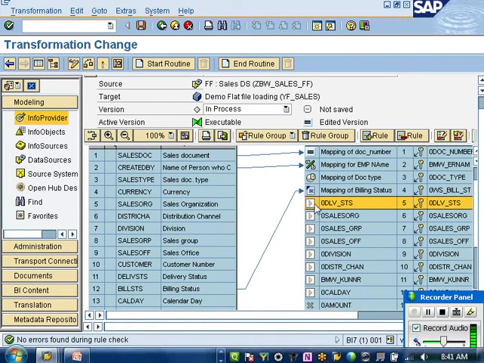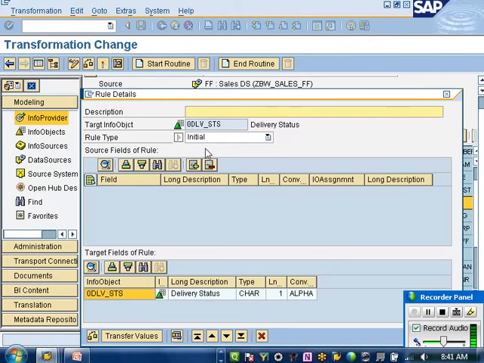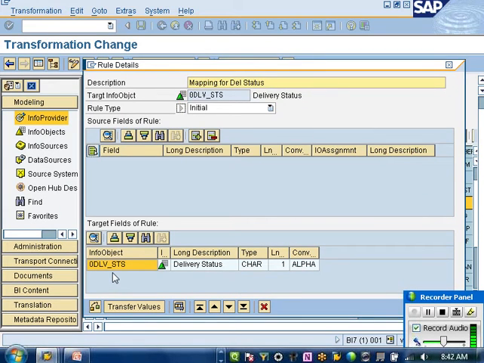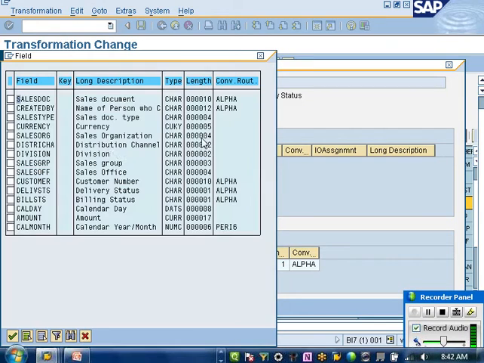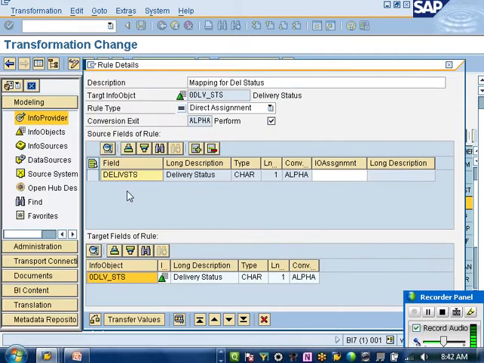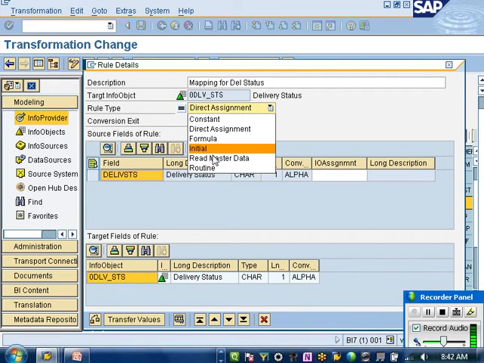Next, I want to go with the delivery status rule now. I want to do the same for this delivery status also. What is the delivery status field I want to use? This is a source field. I would like to write a routine, or now, this time I'll go with formula to implement the if condition.